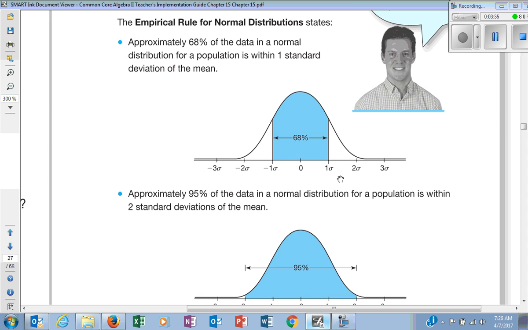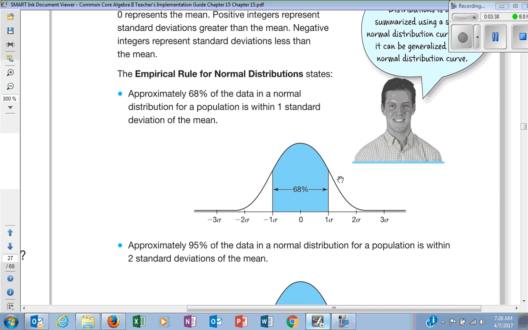this is the rules that we want to get to. This right here. The ones that were up there were just based on the phone. That's not the one that we really need to concern ourselves with. They're just showing you, if you counted it up and you did that, that's what's going to happen. This is the one you need to know. Okay? Approximately 68% of the data in a normal distribution for a population is within one standard deviation of the